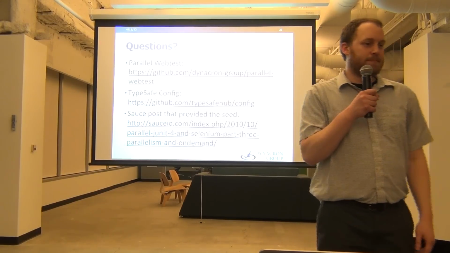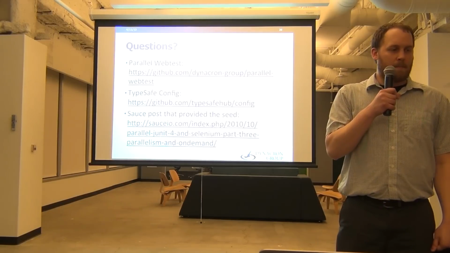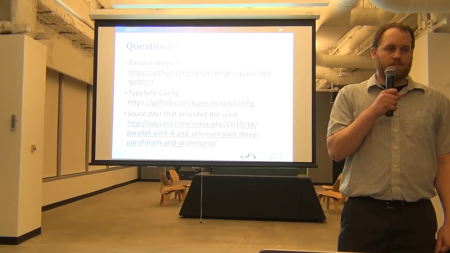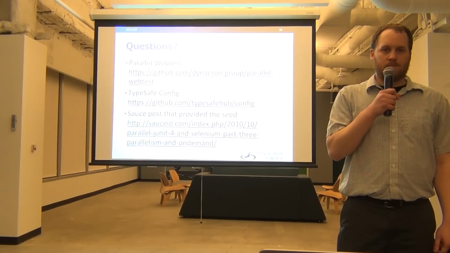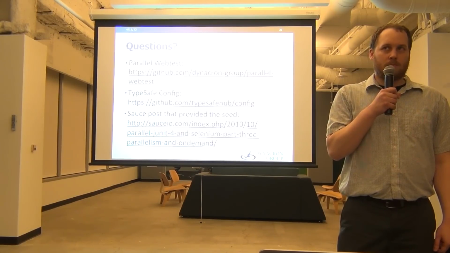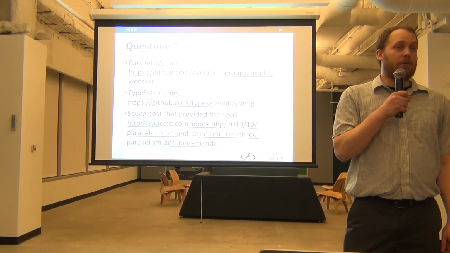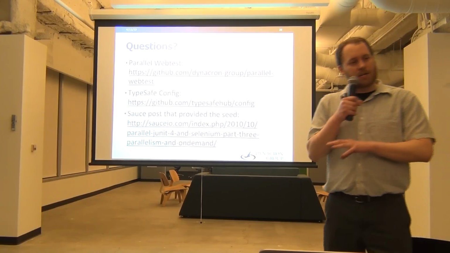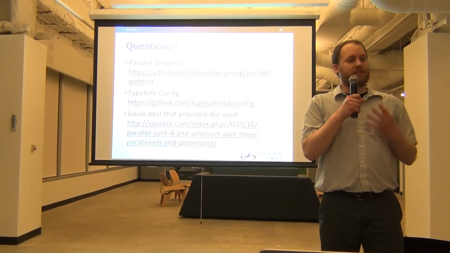If you wanted to weight the combinations, for example, you assume that Firefox in English and IE 9 in English are going to be the more popular combinations, is there a way to do that with your type safe config? You just repeat entries in order to get it randomized, so it has a greater chance of picking it up. You could repeat entries. I don't have a way of weighting at the moment, because there's not a lot of parent information about these combinations. That's something I'd like to add because, like I said, there's no way to test